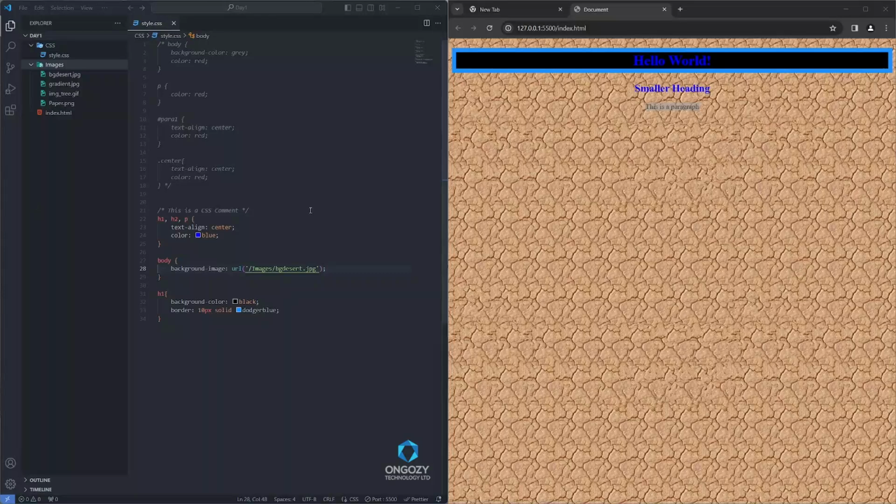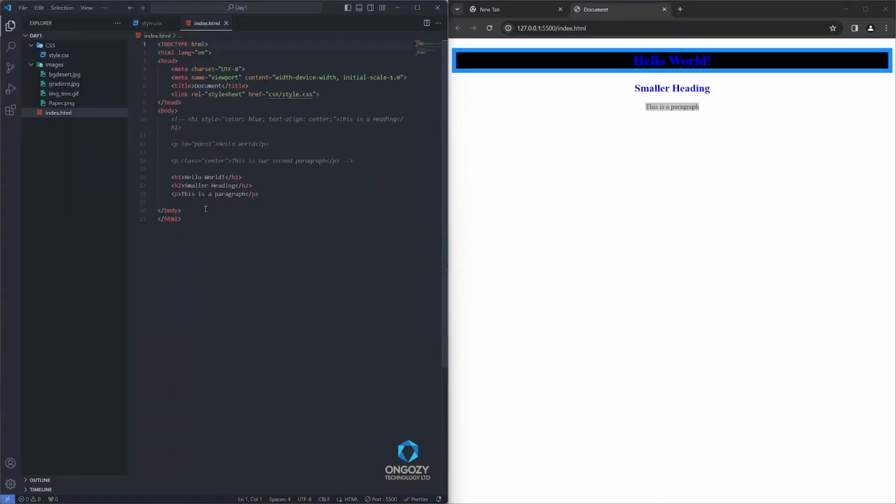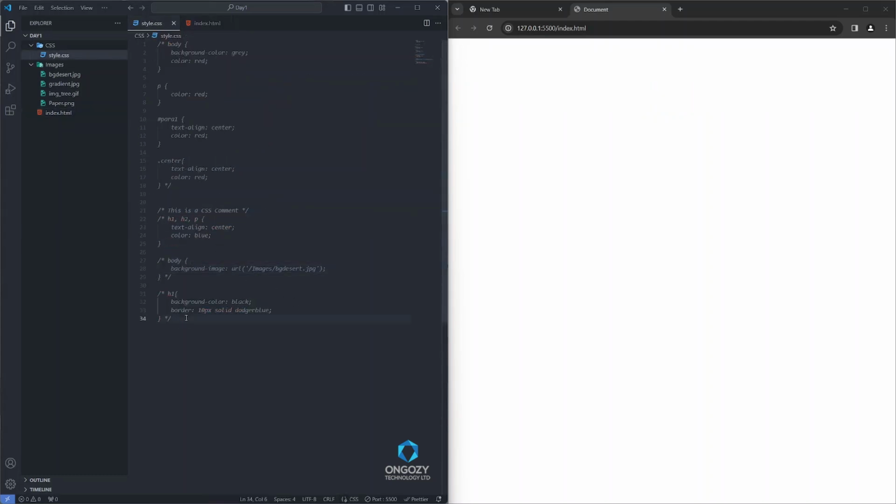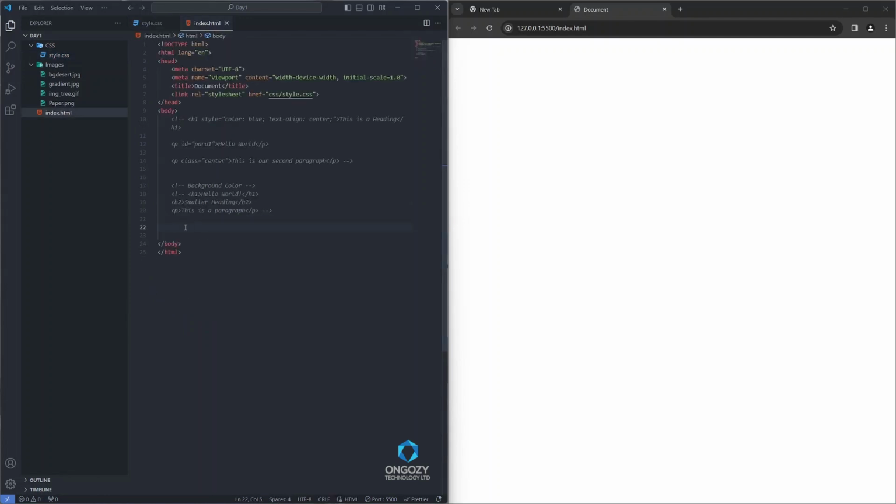The other thing we are going to look at is what we call CSS borders. The CSS border properties allow you to specify the style, the width, and color of an element's border. And we are going to look at this example. We are going to comment out our body element, and I'll also comment out this and our style. Okay, now inside our body, I'm going to have a header too,